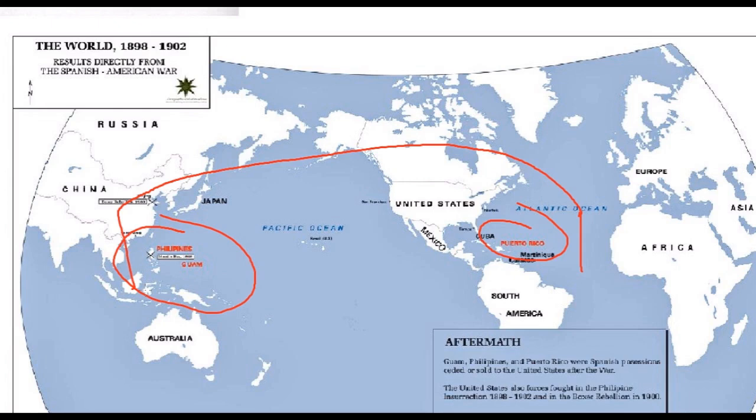The Spanish eventually formally surrendered these territories on December 18th of 1898 in the Treaty of Paris, and the U.S. gains permanent possession of the Philippines and Guam. We gain permanent possession of Puerto Rico, and we gain an influence over Cuba as a result of an important amendment to the Cuban Constitution called the Platt Amendment, which gives the United States the authority to intervene in Cuban affairs anytime we wish for any reason necessary.